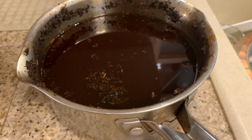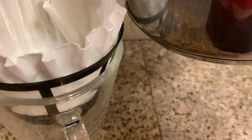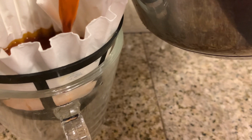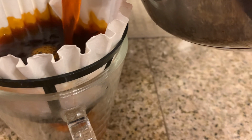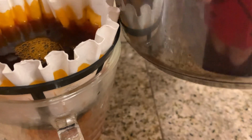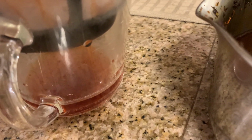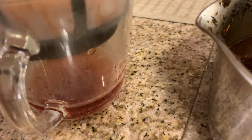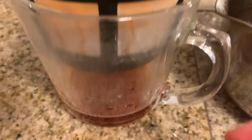My Thai tea cooled down a bit, so I could pour it here. Here you go. I hope I get all the debris out. Oh my gosh, it's going in. It is. It should be. Whoa. And it's dripping, I see it. That means this one works. So after I strain everything,